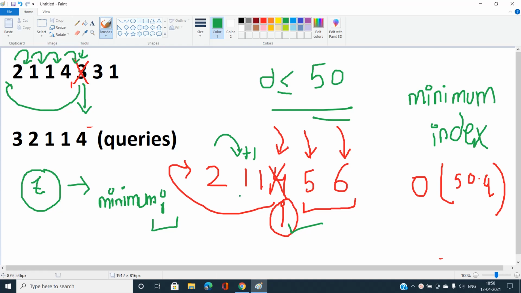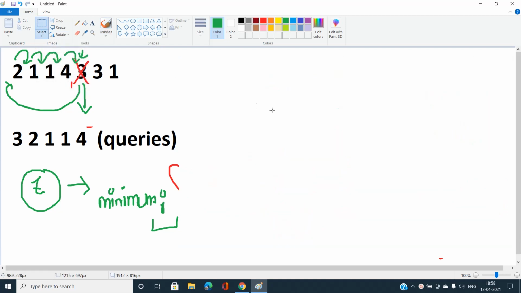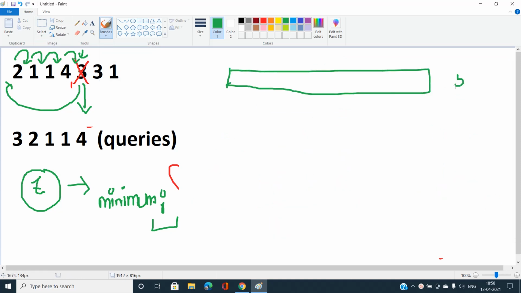Okay, so I'm going to write an approach over here. Let me erase this statement. I'm going to just maintain an array of size 50, and this array is going to store the minimum index mi for every distinct color.